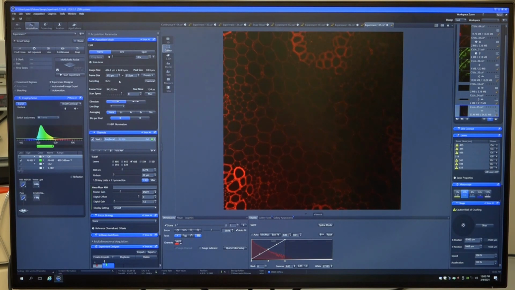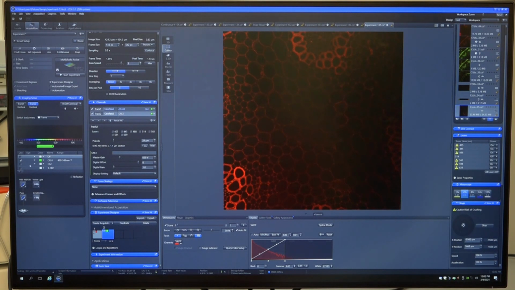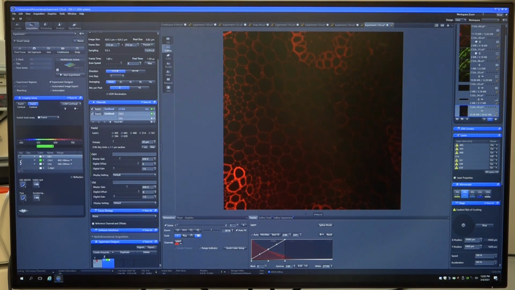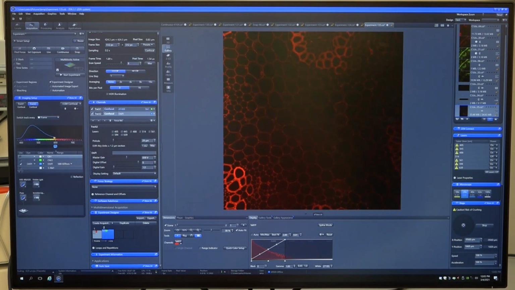Okay. And then if I want to do it, you see here, once I go to the experiment designer part, I have a green here. So if I want to have green as well as different tracks, I can have one more track, if I want to do it simultaneously. I can use DAPI for instance, and for this DAPI also I can select whatever range I want, and I can use this. So you see here, based on this I can have multiple sequences and I can design it.